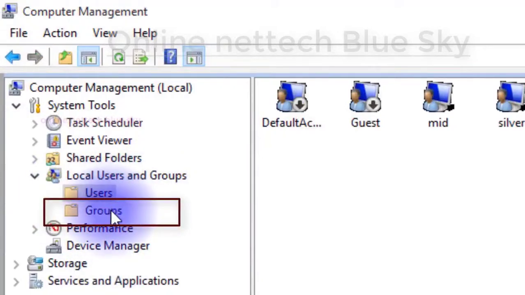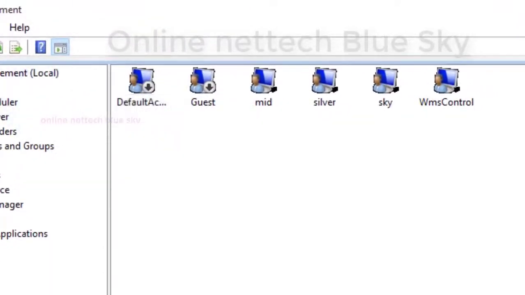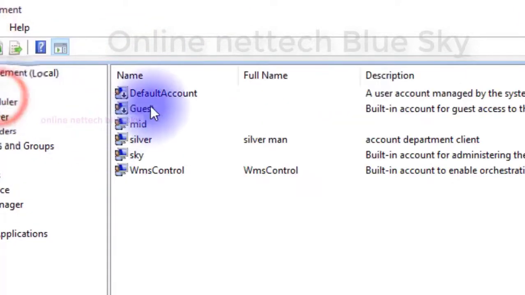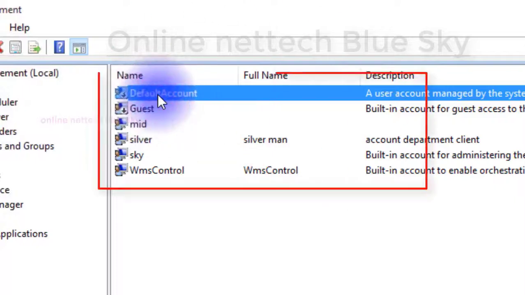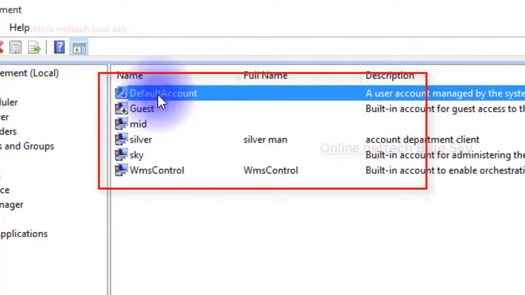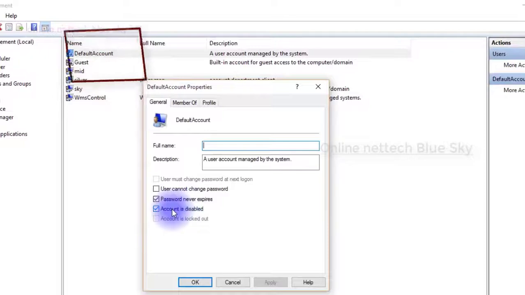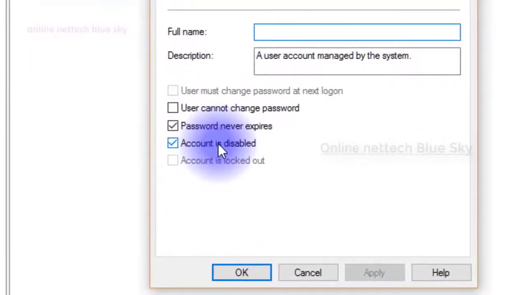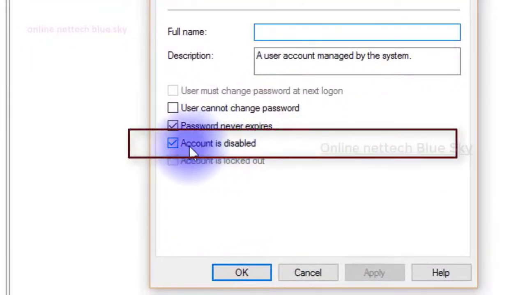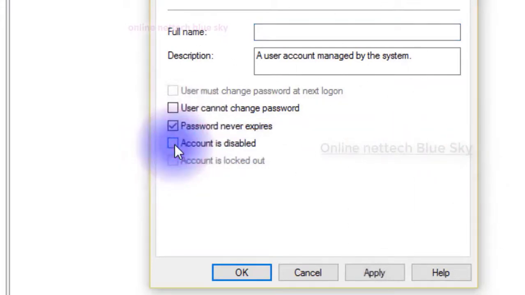I already talked about this: you can discuss between two computers connected inside one group. So the default account is already created, but this is a disabled account, not being used, but if you want you must remove this type of option. So click on it here, take the mark and apply. That is used only for activating systems here.